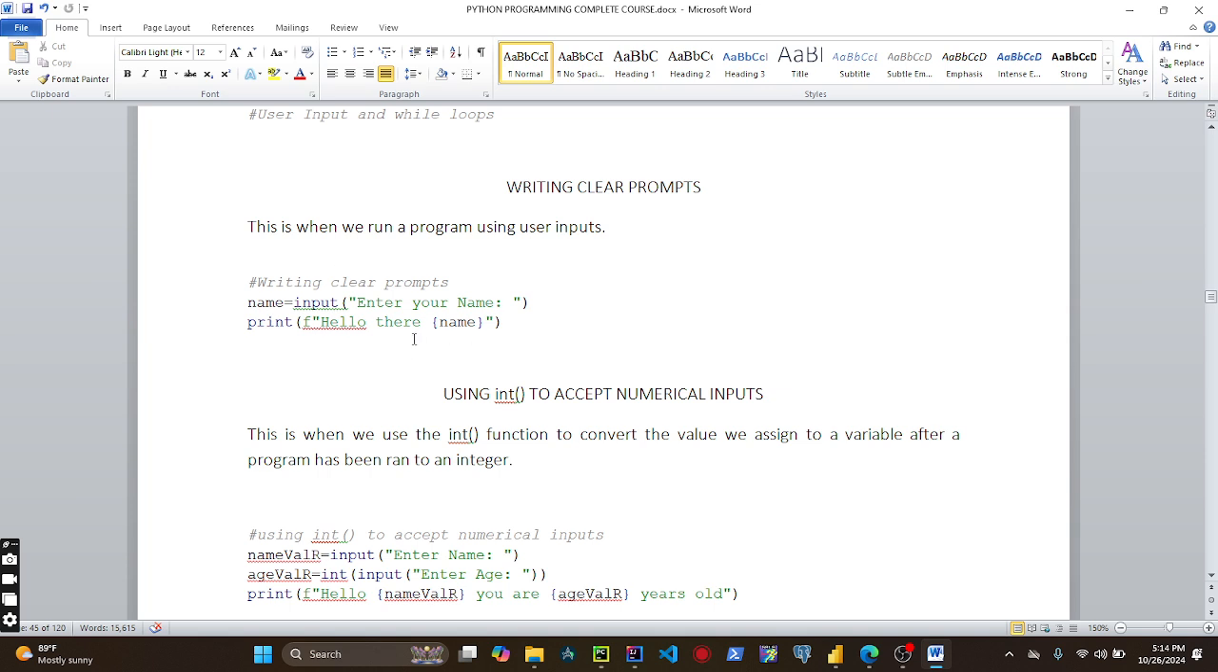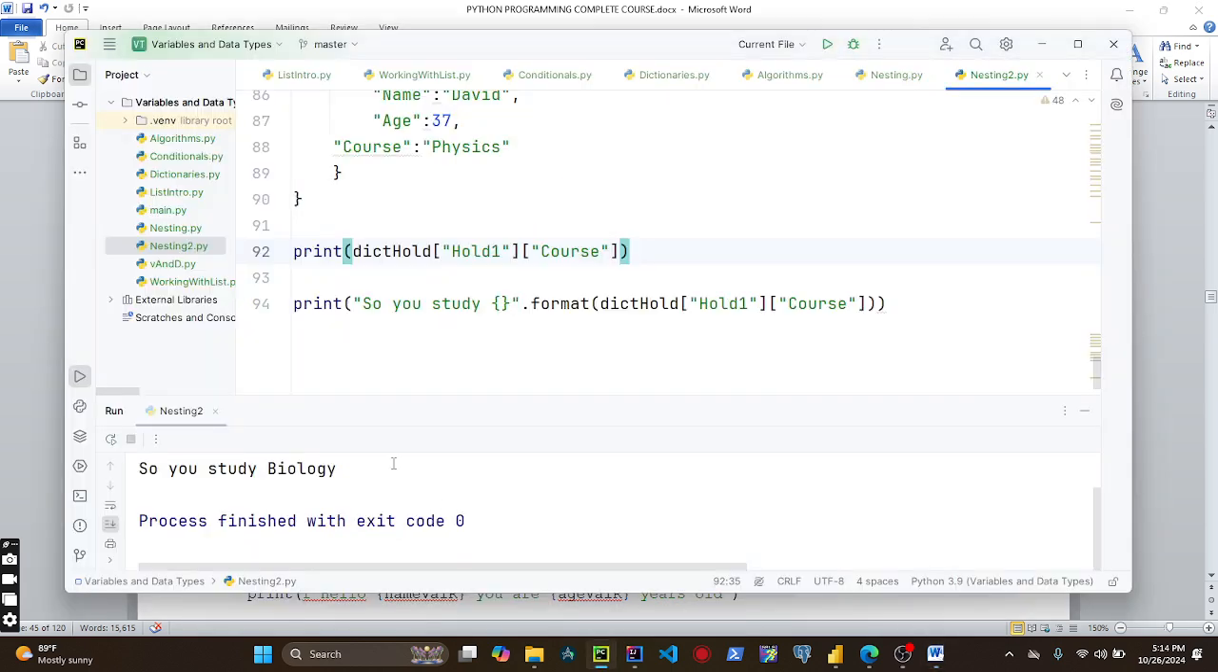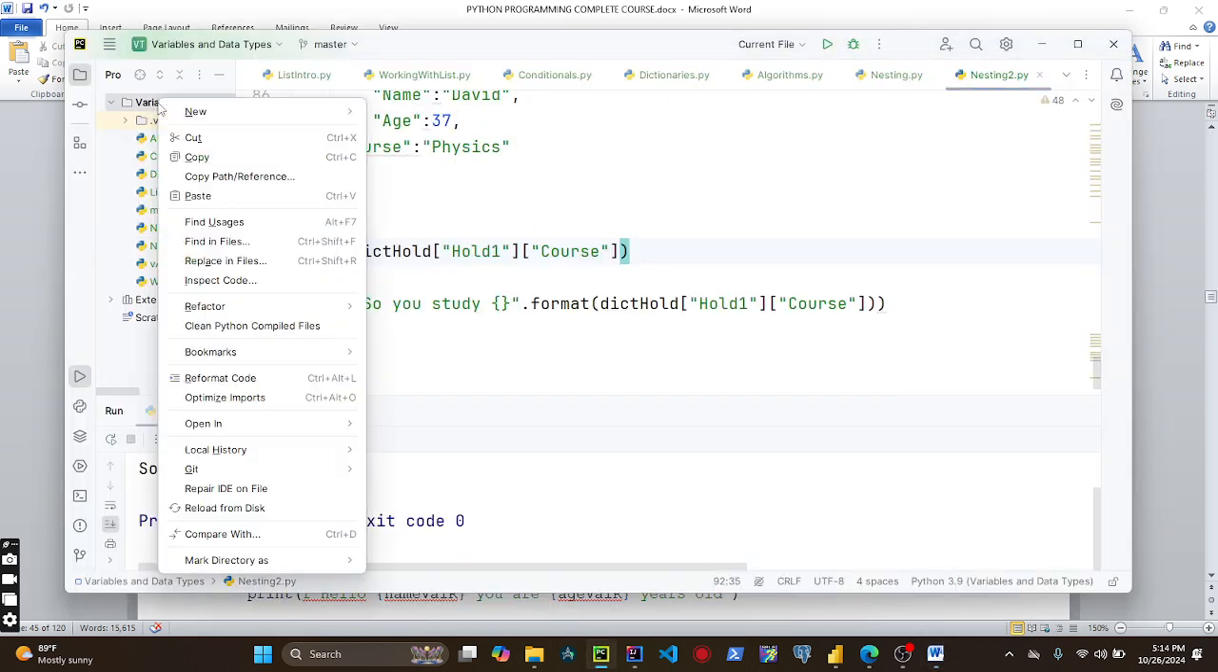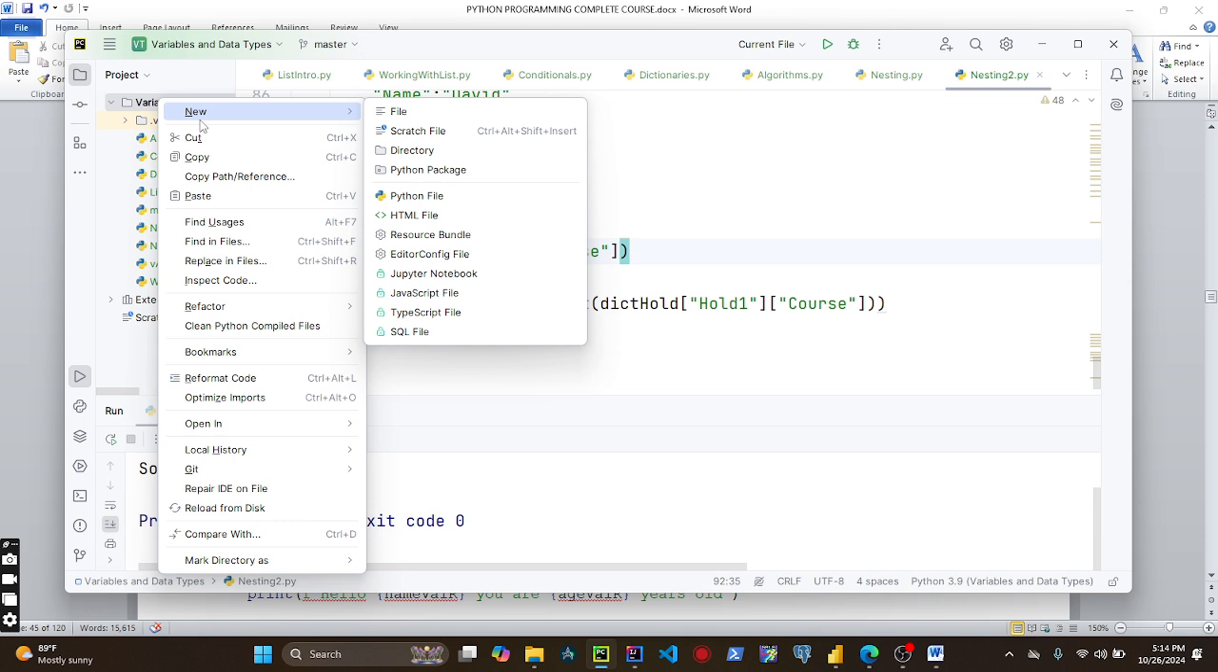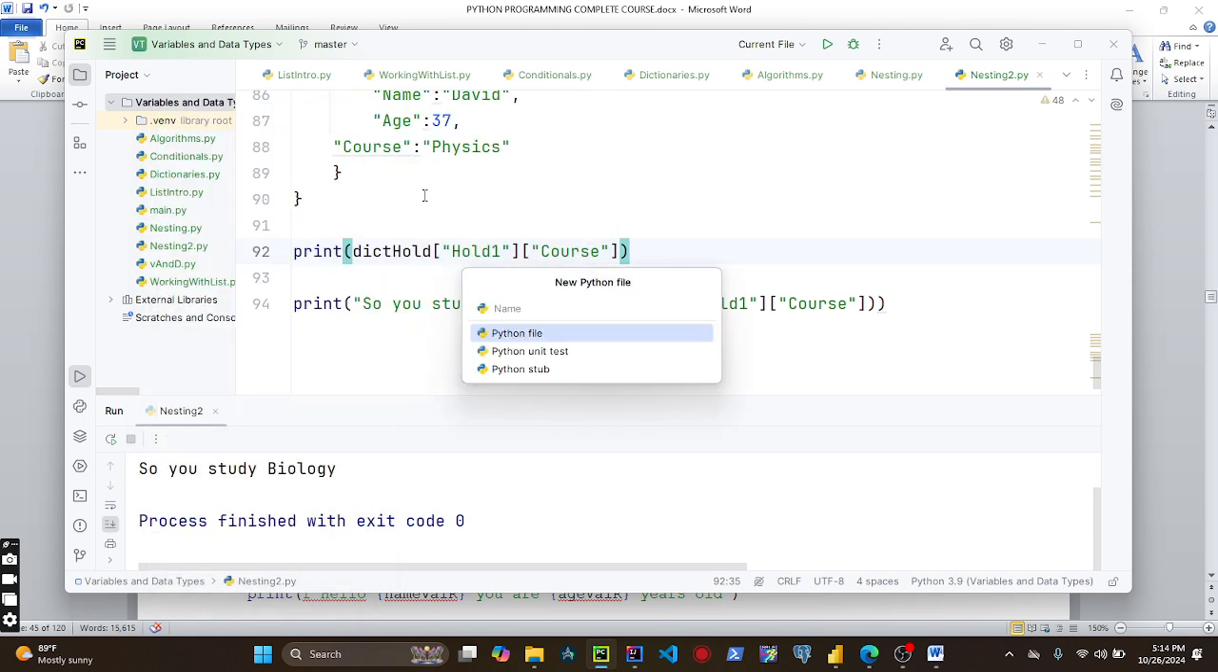But of course, we are not going to copy this code. We are going to type it ourselves. So I just did that. The reason why I copied code in my previous video was because I was trying to work with time. All right, so let's start. So you come here, right click, come to new and click Python file. Then you type user input,